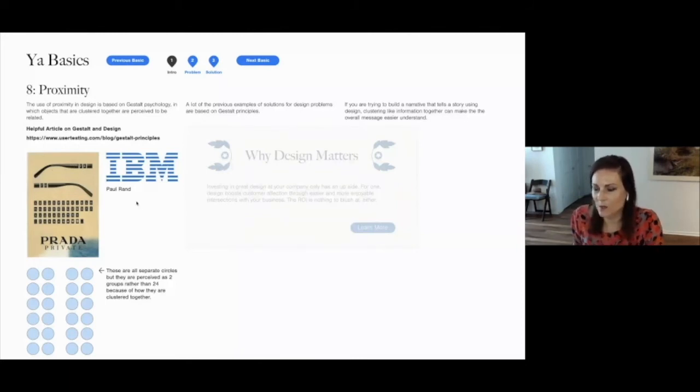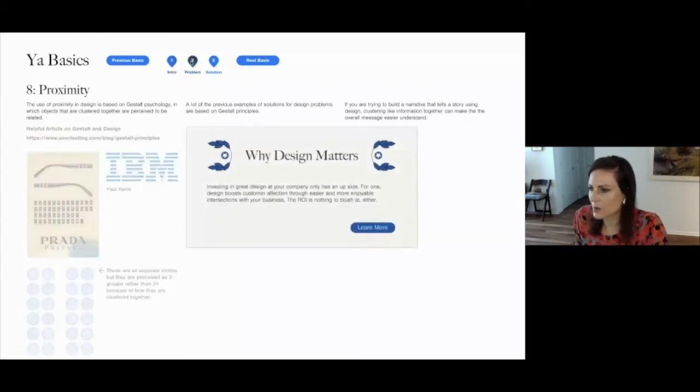And then this IBM logo by Paul Rand is just timeless. It's just lines that define a logo. But because the lines are grouped in such a way, we see that as IBM. It's really cool. And then here's just a practical example. You have 24 circles, but we see them as two groups.